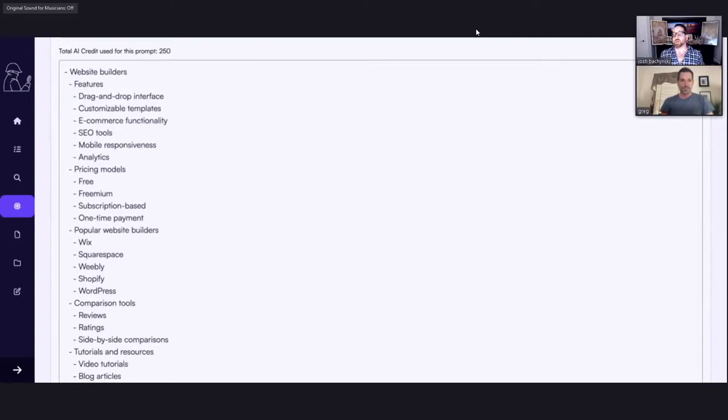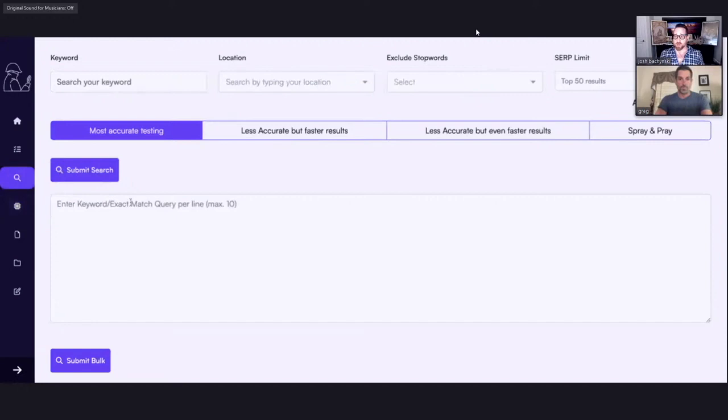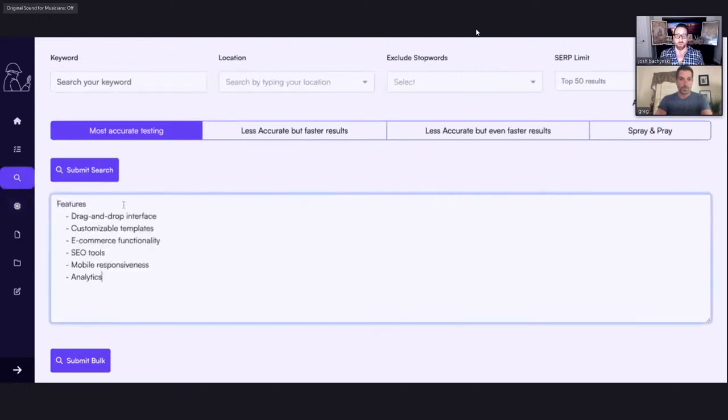Yeah. So just copy the features section there. Let's say you want to build out the feature sections first. So we would copy that right now, and then we would go to Keyword Spy, and we would use the bulk submission here. And we would, do you have to select spray and pray? I do, but I have to build these EMQs correctly without these dashes and stuff. So. Oh, I see. Okay. So go back. Sorry. So I didn't realize this wasn't ready yet. So in the future, it will have the. That's what I was just explaining. Yeah. Okay. Fair enough.